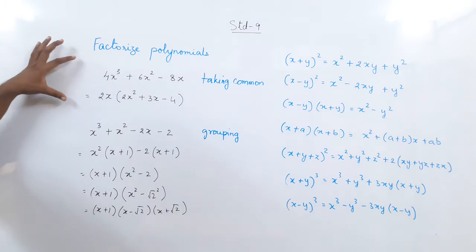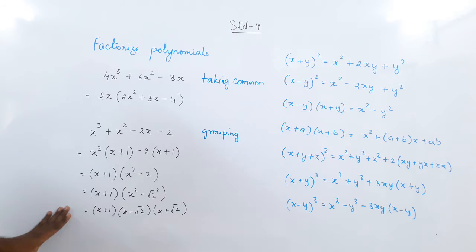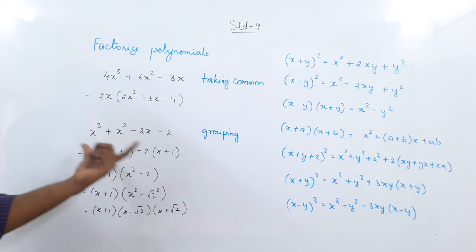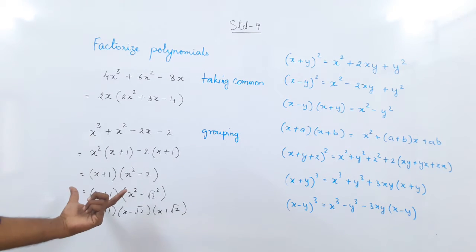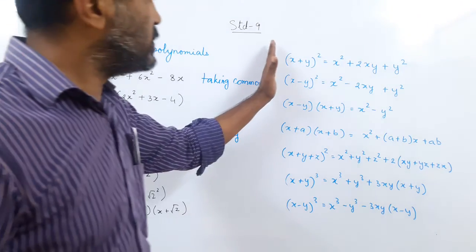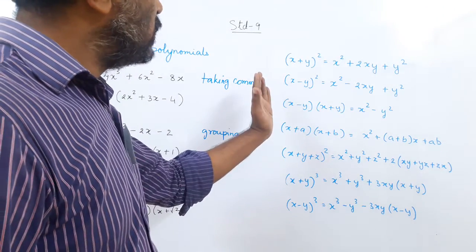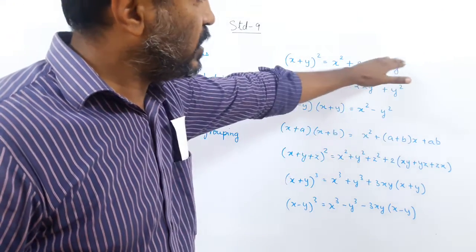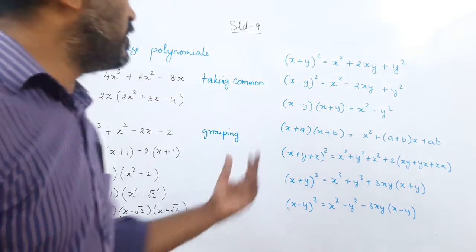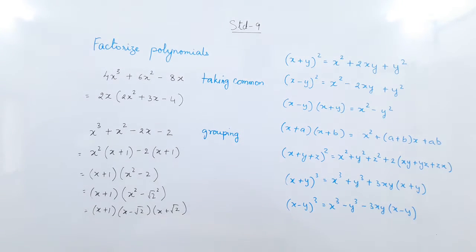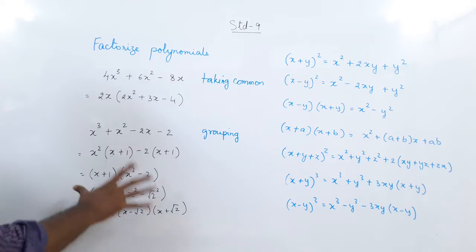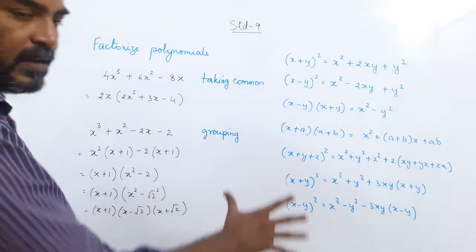Here also I took it out common, but first by the grouping. First I did the grouping by rearranging. If I could, then I took out the common things. This made my work easier. But other than that, we always have these identities, which on expansion give us this. So if we can arrange these polynomials in this form, we can easily get the factorization. So this is what we have done so far. I just wanted to revise the taking common and the grouping. So make use of it and all these identities.